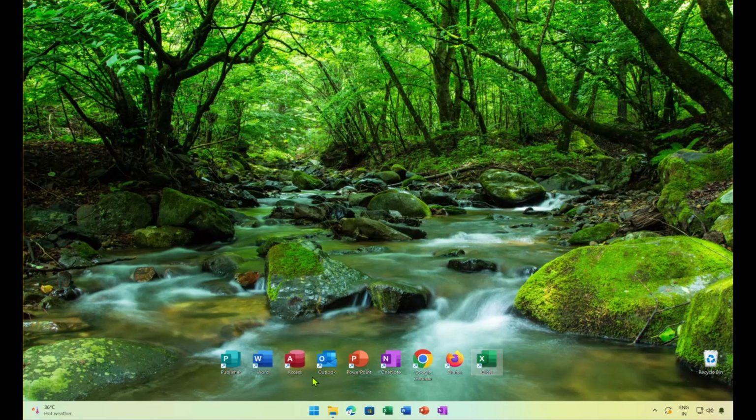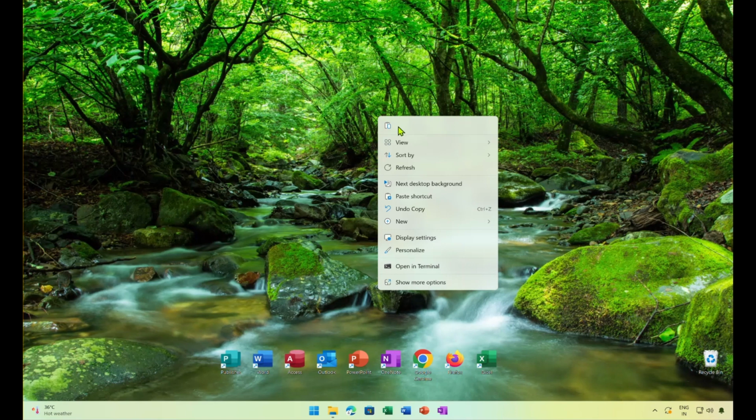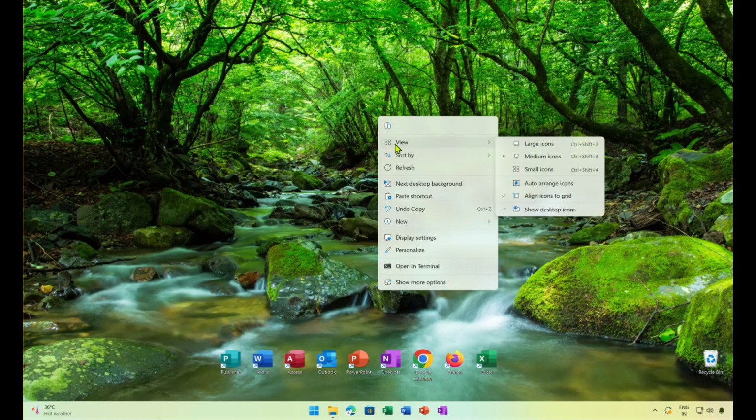So to hide all this, simply click anywhere on your desktop wallpaper with your right mouse button. Just do a right click. When you do a right click, you will see the View option. Under the View option, you will see Show desktop icons. It is right now marked. It is checked. So simply come here and click one more time,